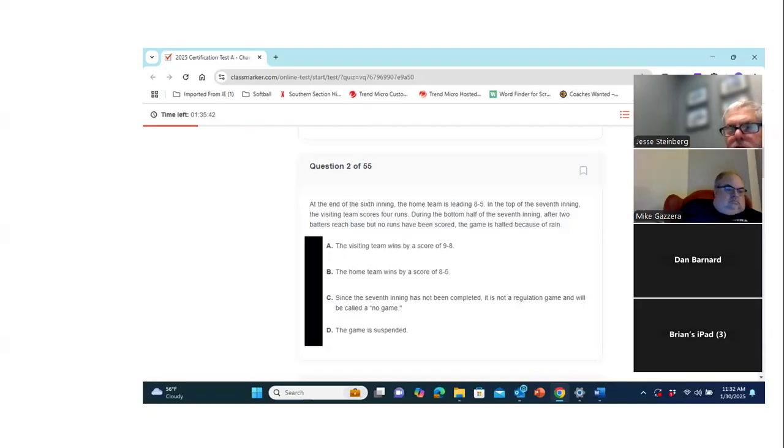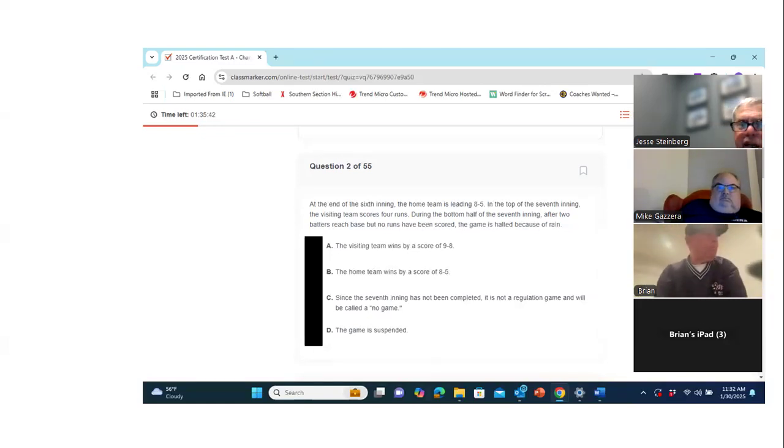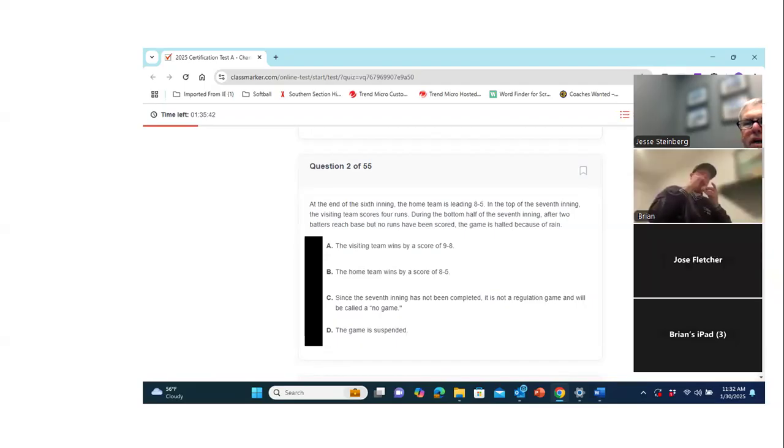A lot of times also you may have cloud cover and some hills around you. Sometimes it may get dark before sunset, depending upon cloud cover, weather. If you don't feel it's safe to continue playing, that's the end of that game. Okay. Anybody have any more questions on question 2?